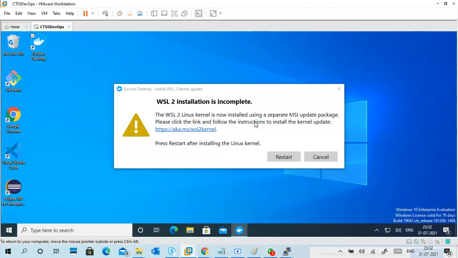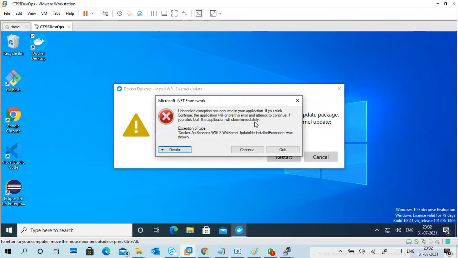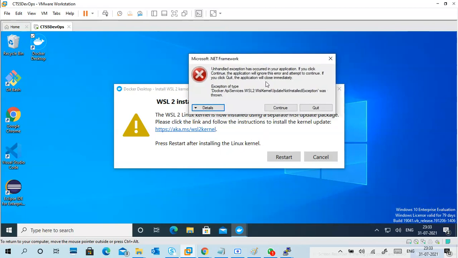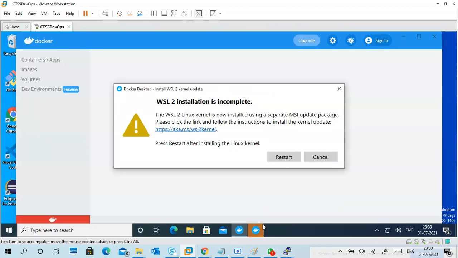Now here it is asking that the WSL installation is incomplete. So you have to download this update package, then install it, and again we have to restart. Okay, and now it is showing an unhandled exception in the application. If you want to continue, just click on continue. What will happen? We'll see.